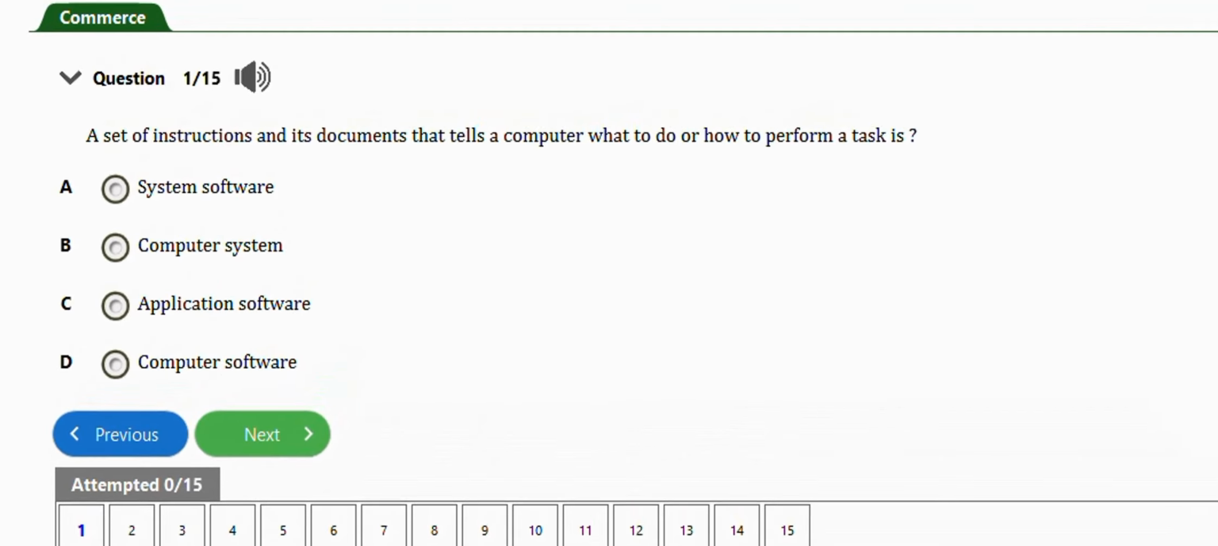In this video, we're going to learn how to solve these JAMB commerce problems under ICT. So we're going to focus on the subtopic terms of computer and problems. We have about 14 to 15 questions to practice with in the video. Let's get started. The first question I have here says a set of instructions and each document that tells a